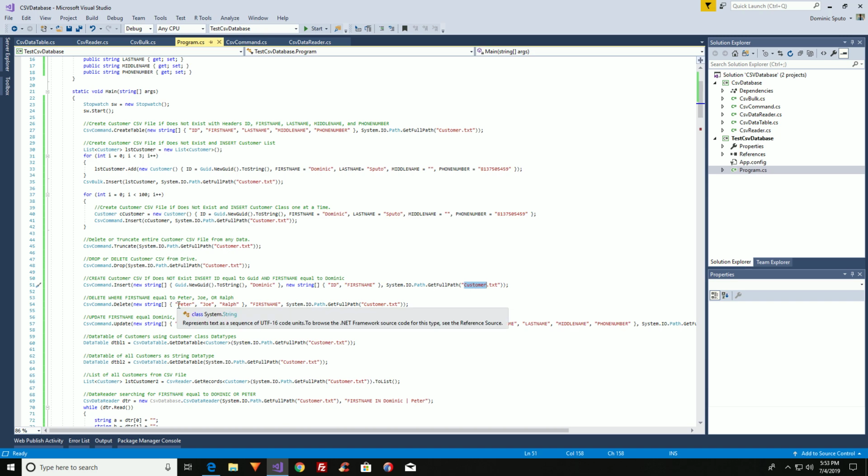Next we have a delete. If you want to delete using where first name equals Peter, Joey, and Ralph, you use first name as the header in your CSV file and the values Peter, Joey, or Ralph. You can also have just Peter if you want. But as a string array, you can assign as many first names as you want to search for to delete. So this is a delete. And it deletes from the customer CSV file using the header first name where value equals Peter, Joey, or Ralph. Okay, moving on to the